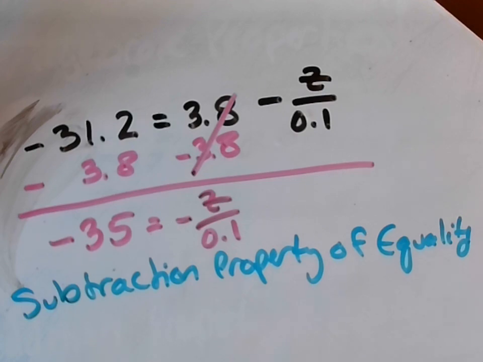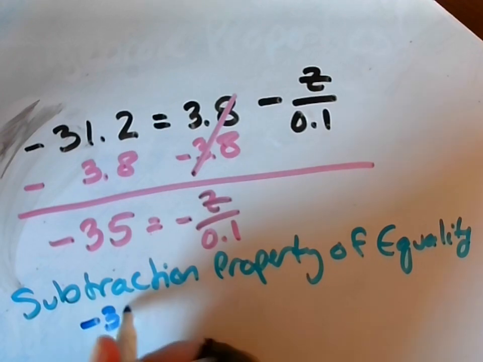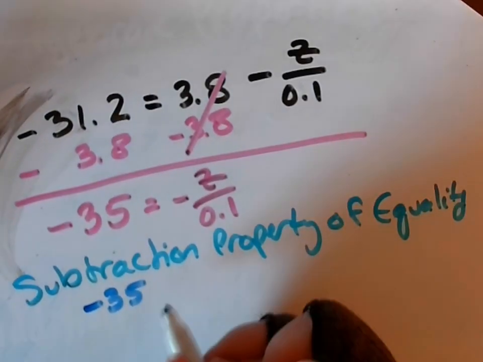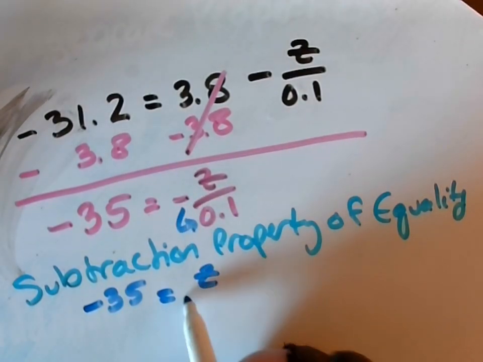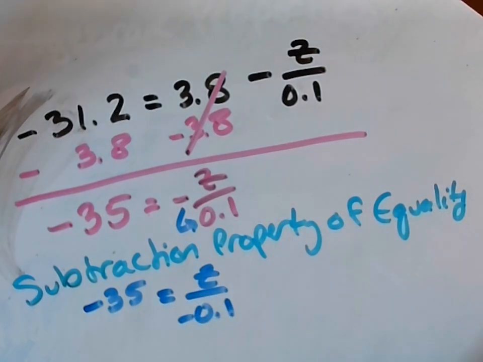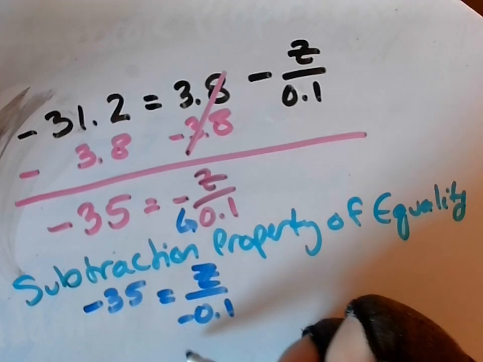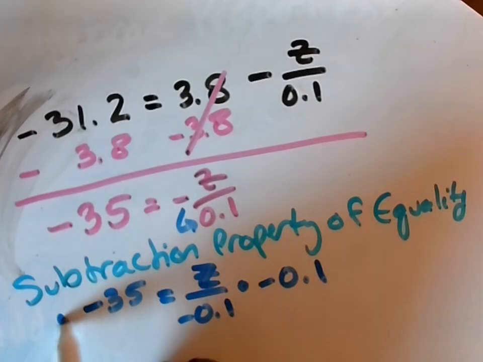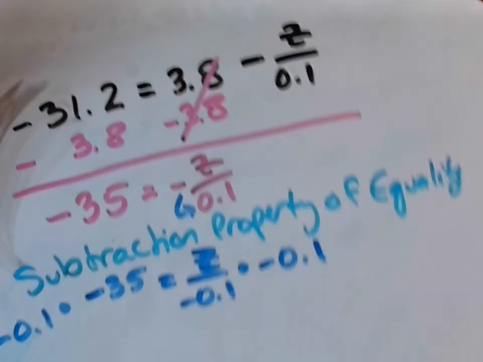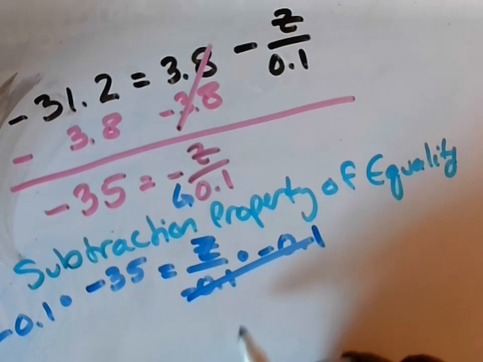So then continuing on, we have negative 35 equals, I'm going to put this negative in the bottom here so it's not on the z, because that's going to make it easier for me, I think. So we have this now, we have z over negative 0.1. We're going to want to multiply both sides by negative 0.1 to get rid of that. So that cancels, and we just have z over here